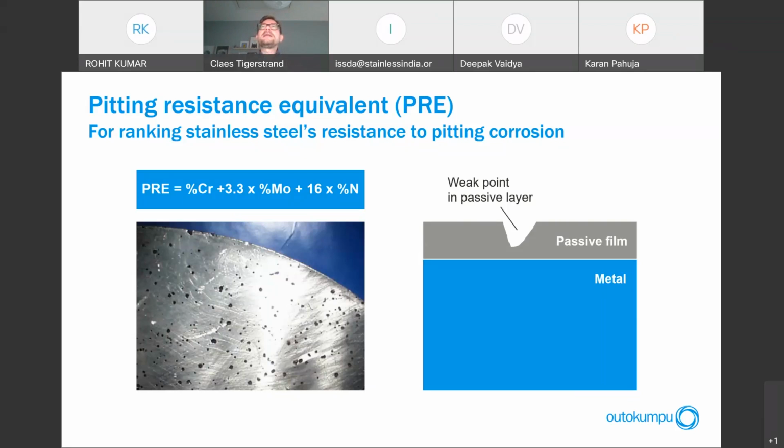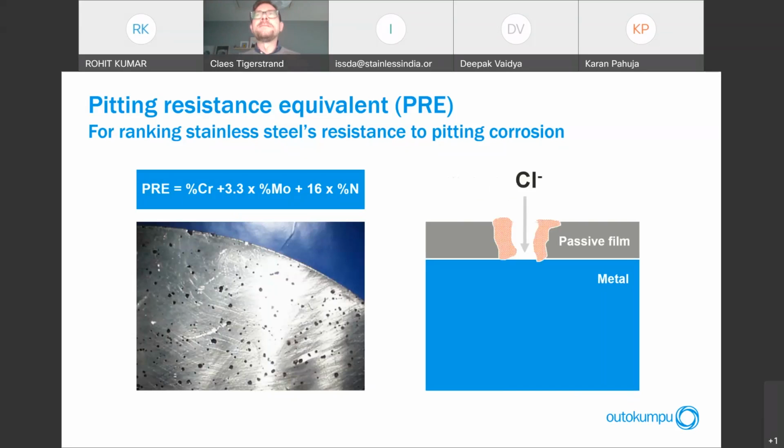If you are then in a chloride-rich environment, those, I would say, evil chloride ions will search out those weak points and can sometimes penetrate through the passive film. If you have a good alloying element, it could be that it will self-heal and repair again. But at some point, when you have a high temperature and a lot of chlorides, it can penetrate through the passive film, and it will create this pit-like